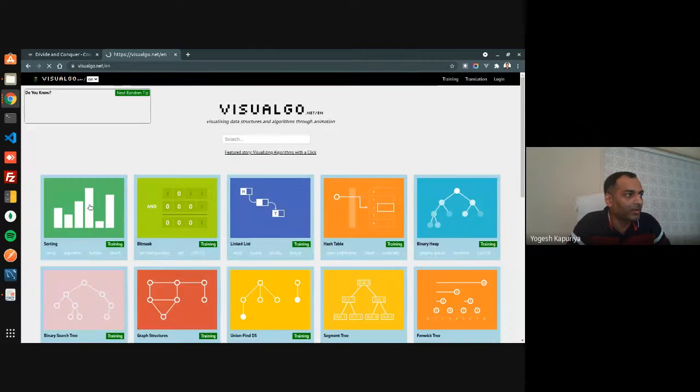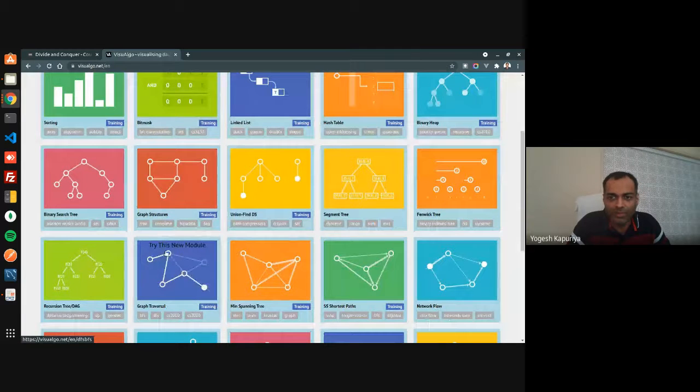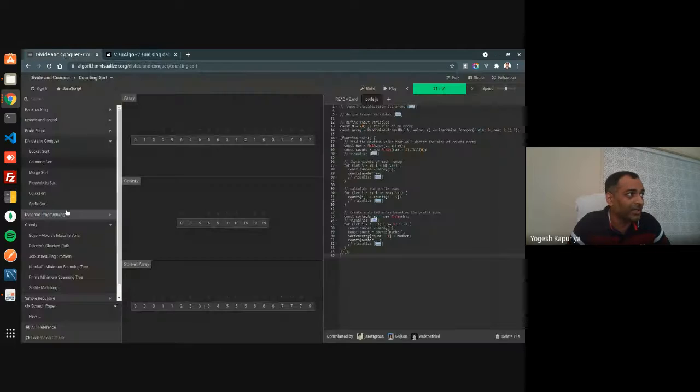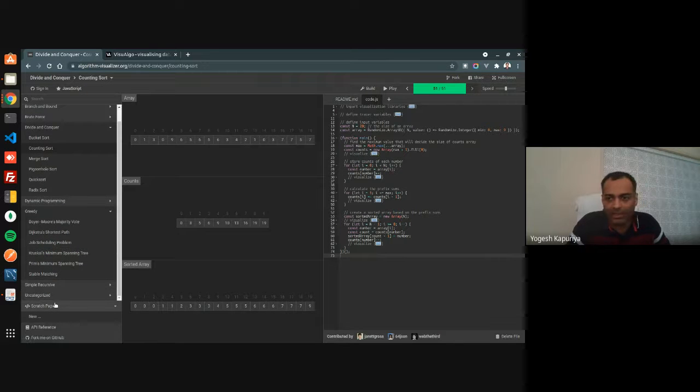This is mainly for data structures. Let's say you want to understand something like a tree or graph, that is nicely given over here. But this is very generic. Interestingly, if you follow this standard and use this library, you can create your own visualizer as well. Basically, these are all created by programmers like you. Obviously, you need to understand the library, what functions are used to create things.